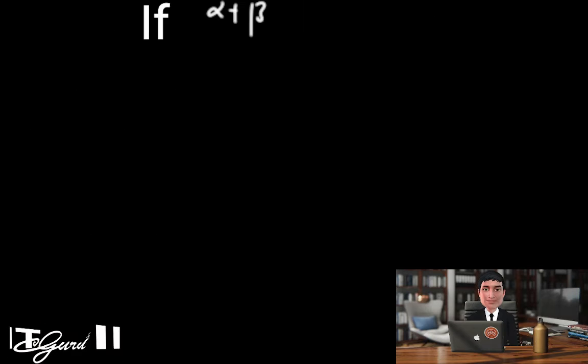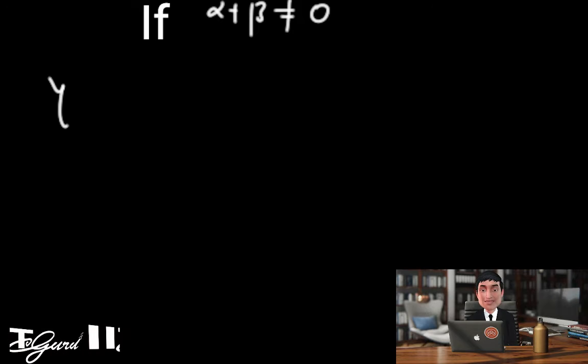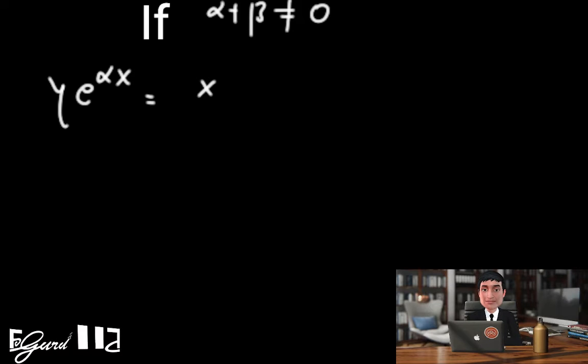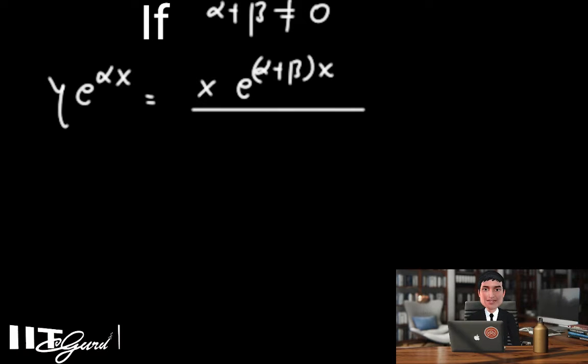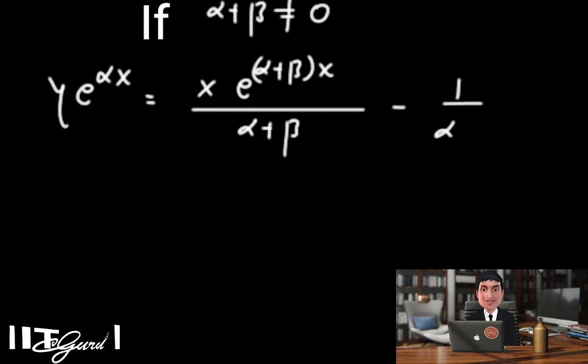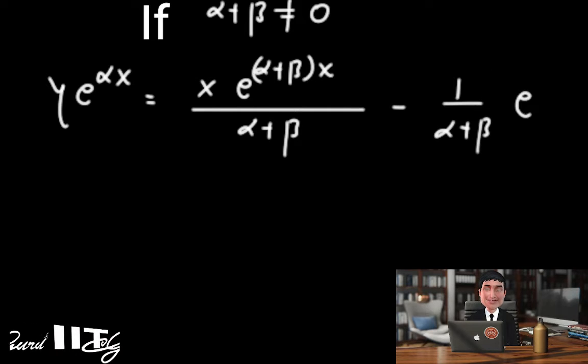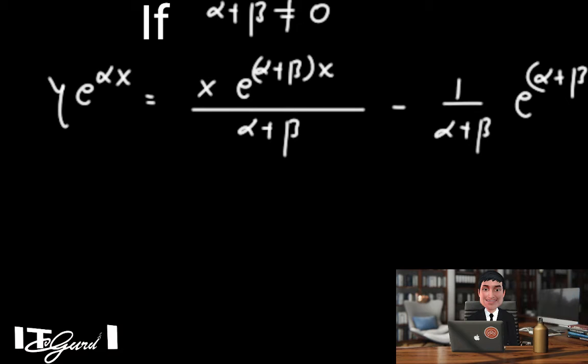So in case 2, y into e power x gives e power alpha x, and here x into e power alpha plus beta into x, divided by alpha plus beta, and minus 1 upon alpha plus beta into e power alpha plus beta x, and here dx, we can recall. Now after integrating this, we will get this result as y into e power alpha x